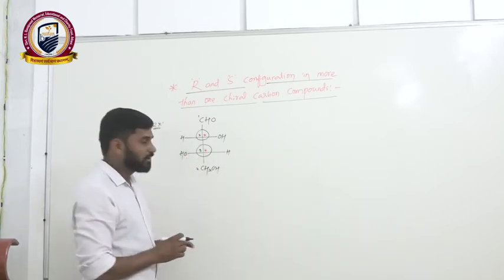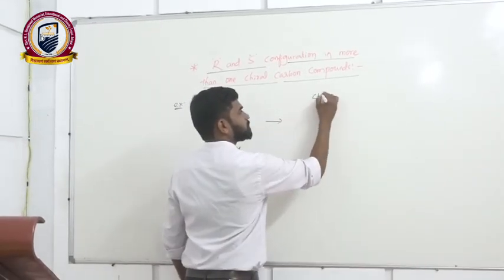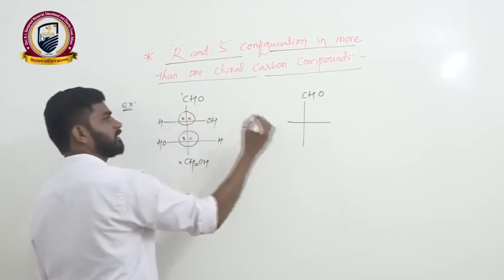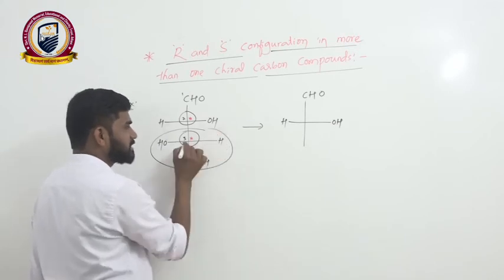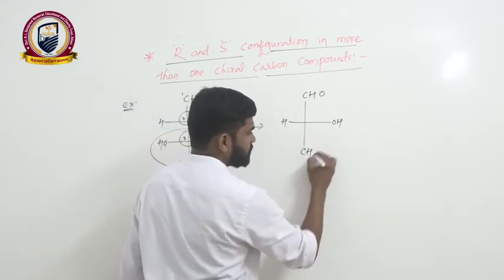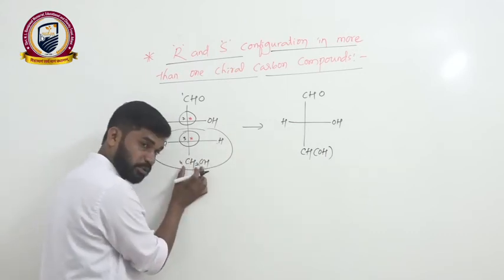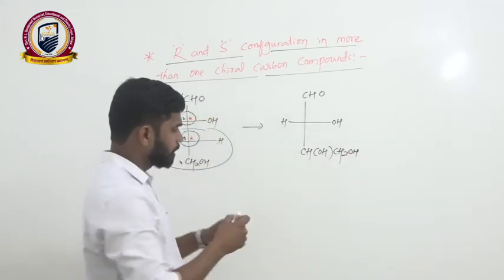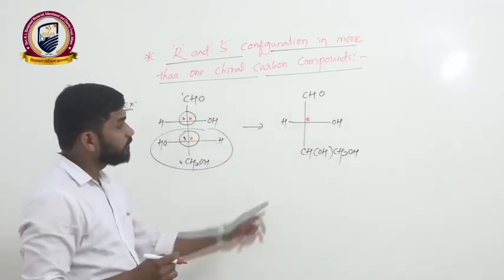To write the R and S configuration for the second chiral center, I'll write this compound as follows. The second chiral center is attached to hydrogen and OH, and this whole group I will write as CHOH, CH2OH. So this is one chiral center, yes or no? If it is one chiral center, we have to go for